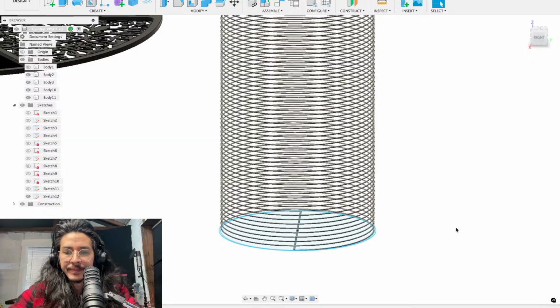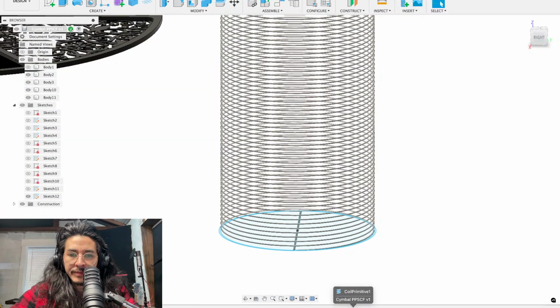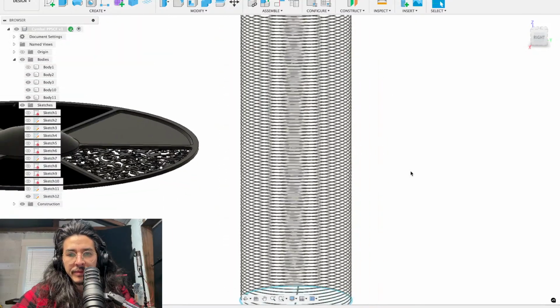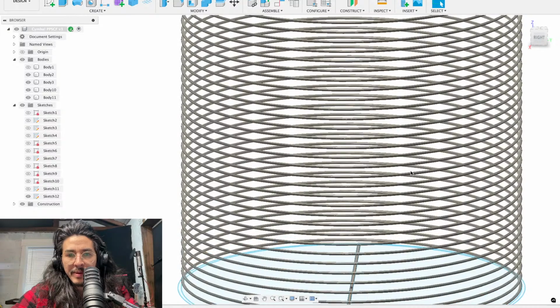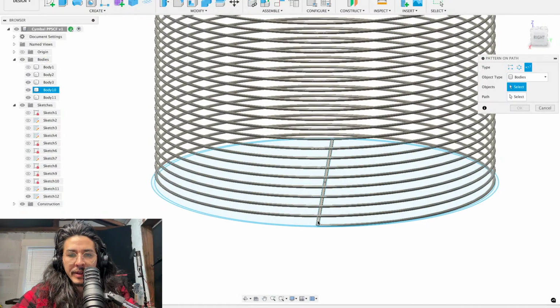Well, that might be okay. That might be a nice thing. Okay, so then if I go create a pattern on a path, and I select the bodies, and I select the path,